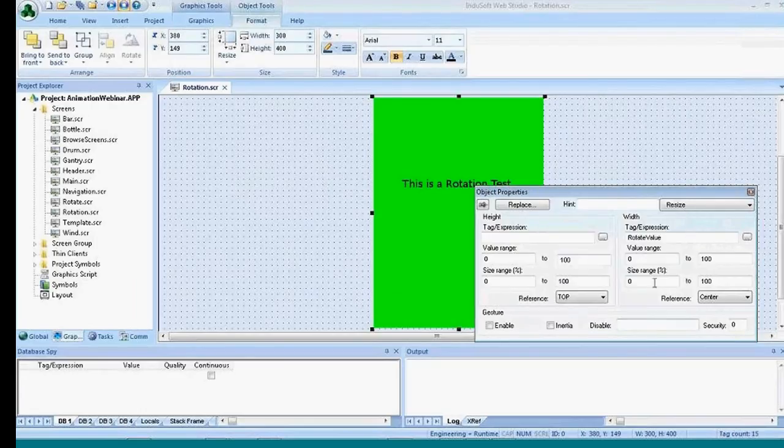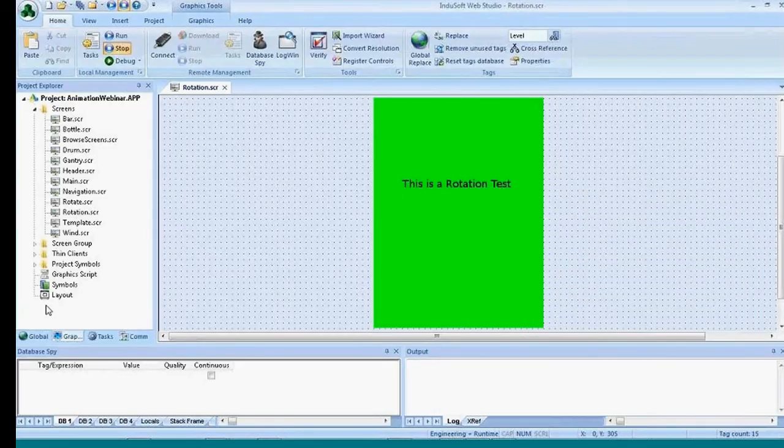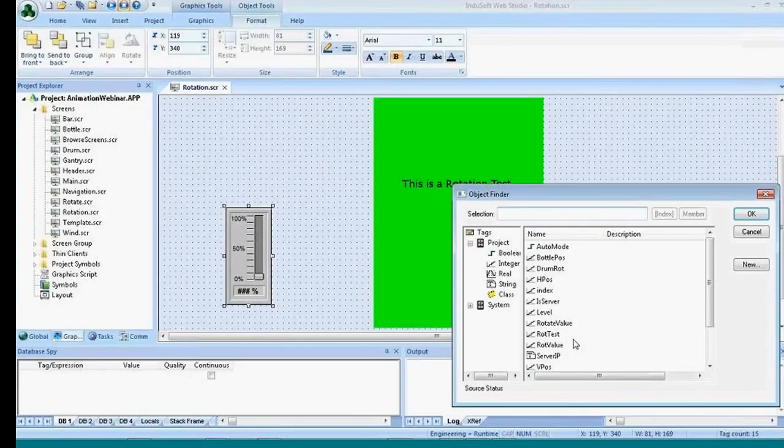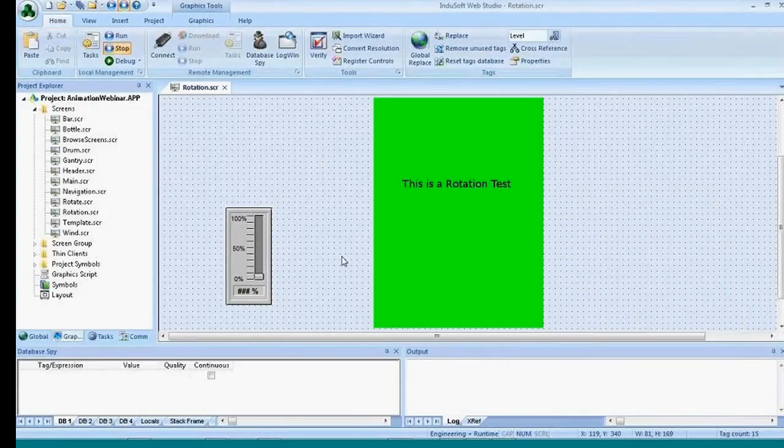And when that changes from 0 to 100, I'm going to change its percent. And notice here that instead of being left, I'm going to do it from the center. And guess what? I need another slider here. I'll put this on the screen, give myself some simulation, and tie to that rotate value here. And now, when I run this,